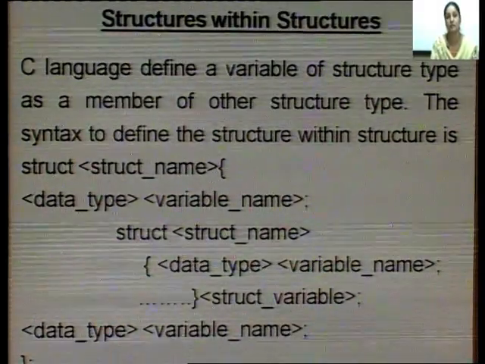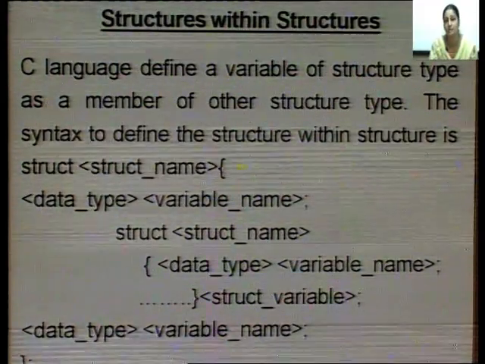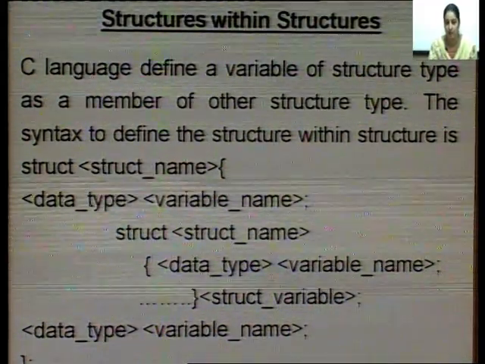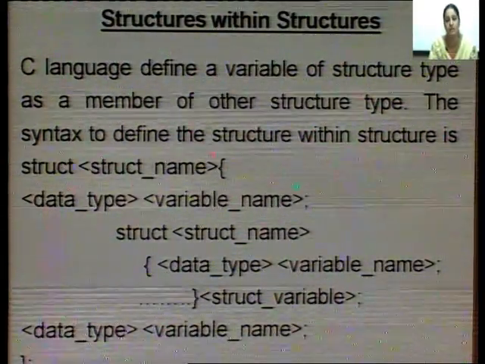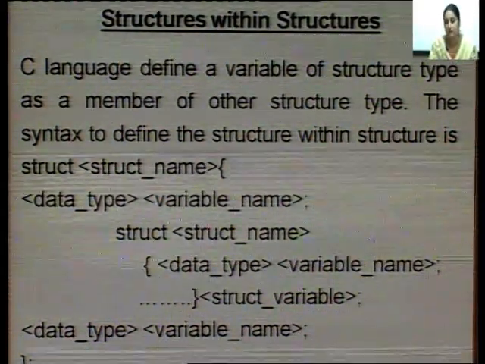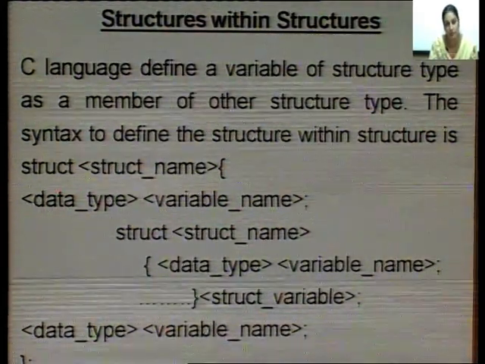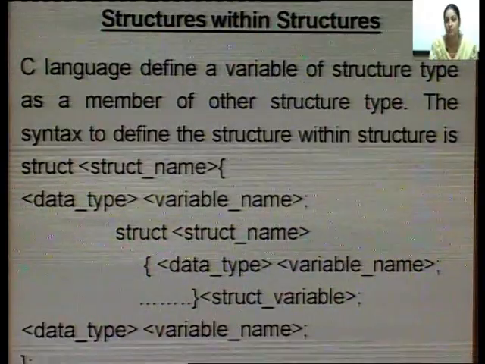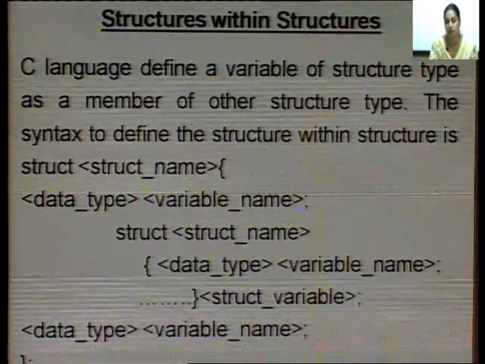Now, the structure within a structure. There is a possibility to define a structure within a structure. Firstly I define the first structure, then I can also define a structure in it. The C language can define a variable of structure type as a member of another structure type. This is the syntax to define a structure within a structure: struct, the name of the structure, then